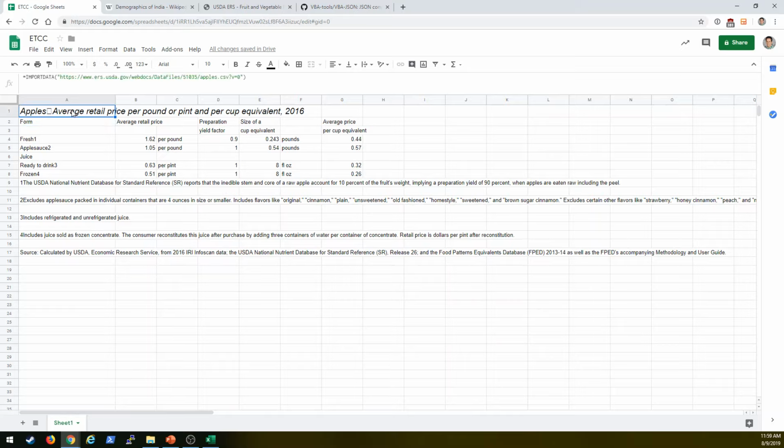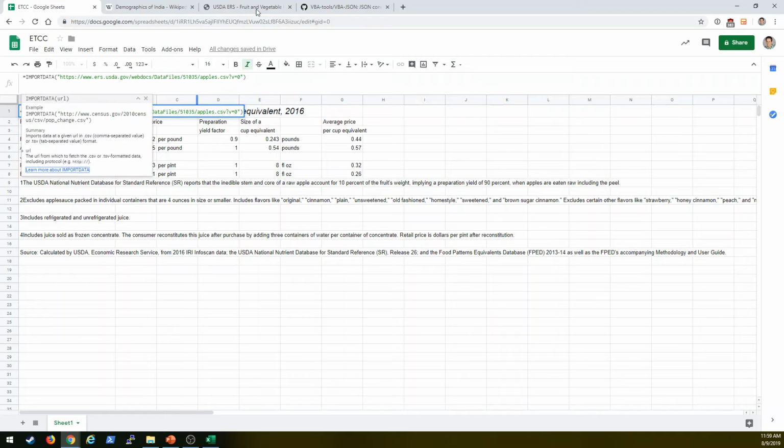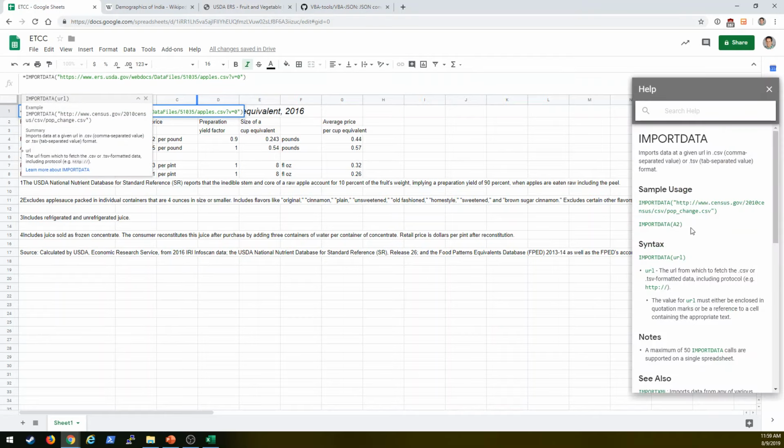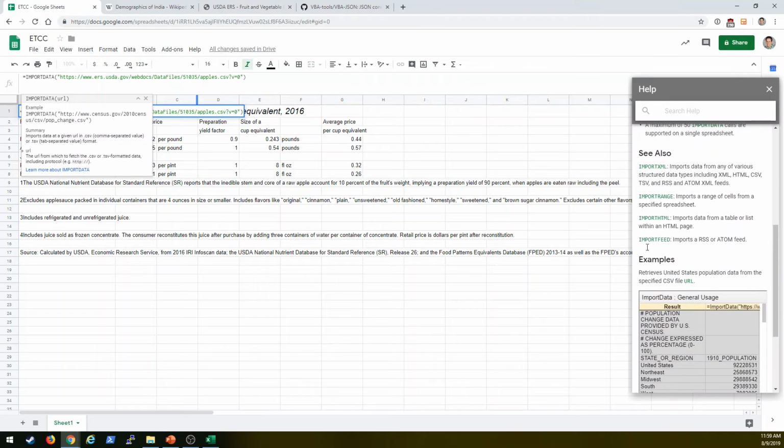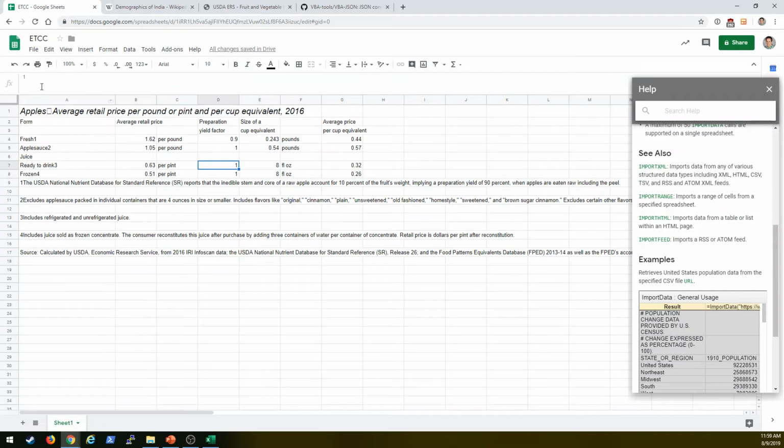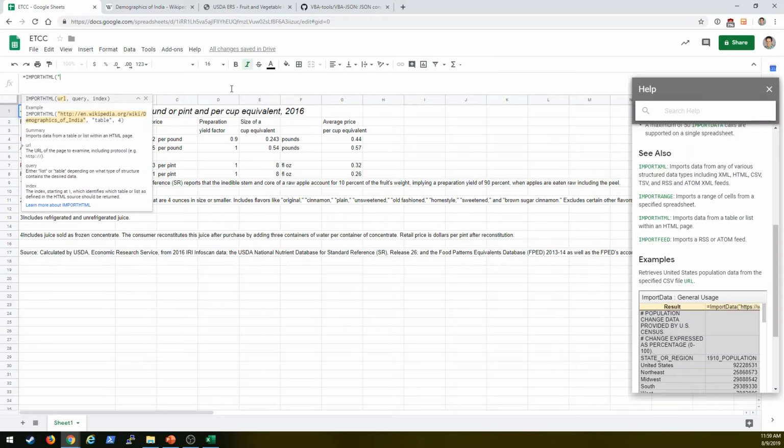So there's a lot of cool things you could do with that. That's just with the import data part of it. Import data has its own documentation for how to fetch all the data. But they also have other items such as import HTML, and import HTML I think is really, really cool, because what it allows you to do is parse out